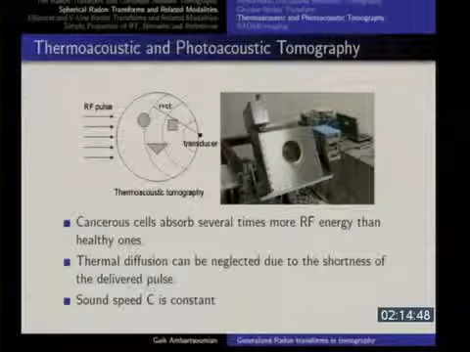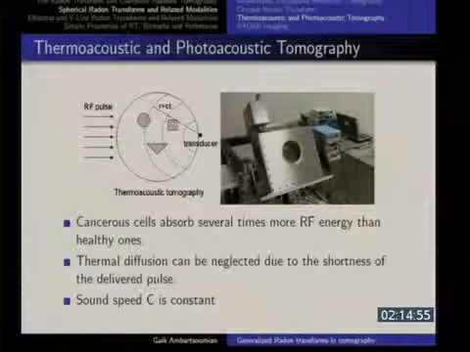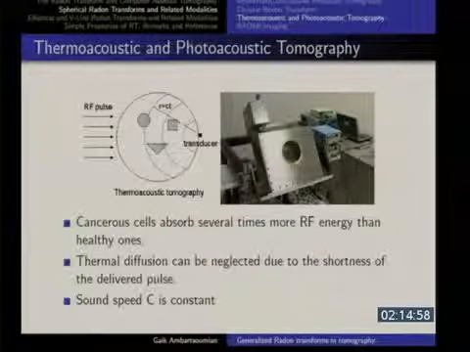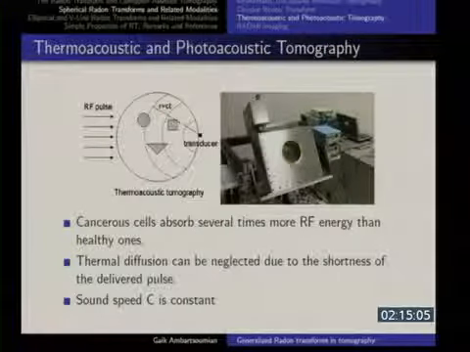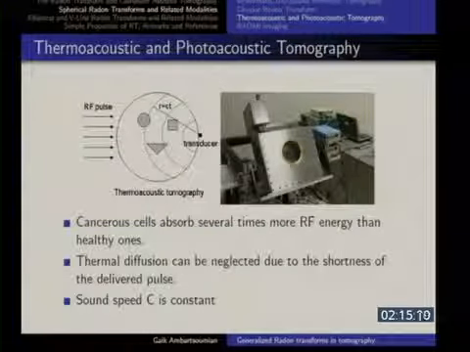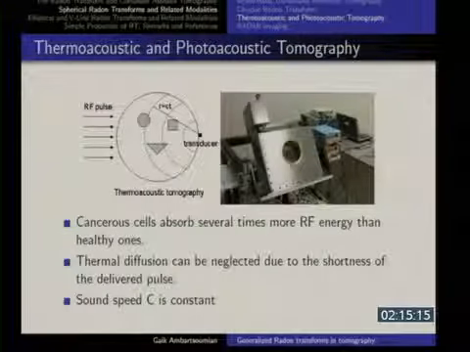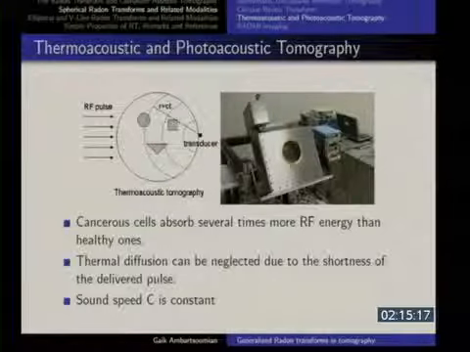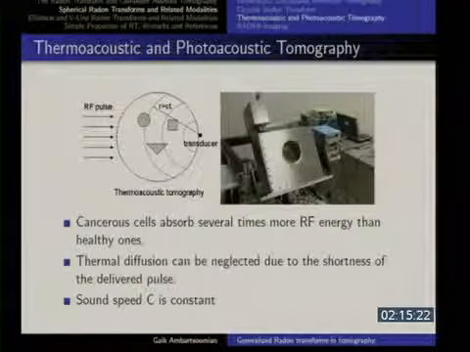It's called thermoacoustic. We're going to use two different types of signals. Remember at the beginning I said that the physical nature of the signal sometimes gives a name to the tomography, so I have two different physical types of signals, thermal and acoustic. What we do is we heat up the tissue by sending microwaves through the body, just like you heat up food in the microwave, right? You send microwaves through the body and it heats up the tissue slightly, by a fraction of a degree or something like that. You don't cook the patient.